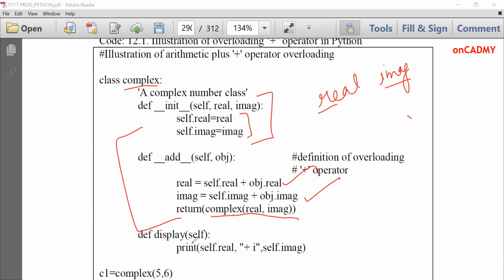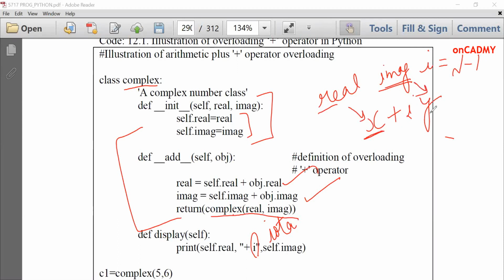And then in the display function, we will just display the values of the real and imaginary part. Real plus i imaginary, where i stands for iota, because a complex number contains iota values. That means the imaginary part is the value with iota. And the value of iota is the square root of minus 1. A complex number is written as x plus iy, where x is the real part and y is the imaginary part.